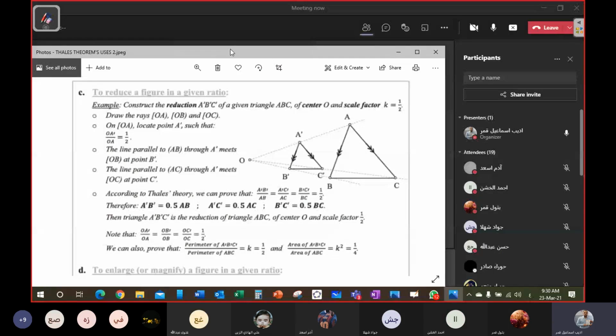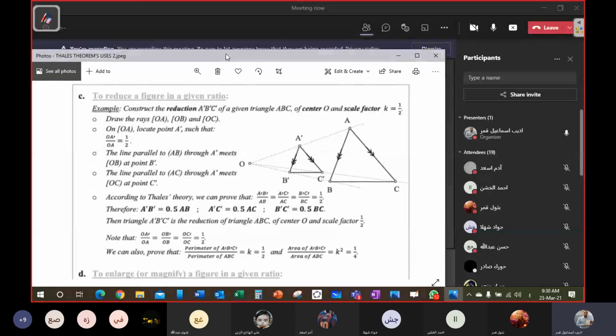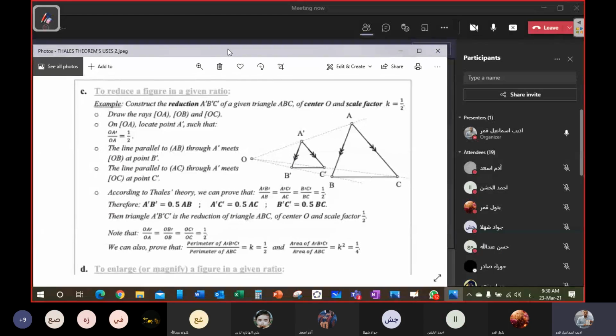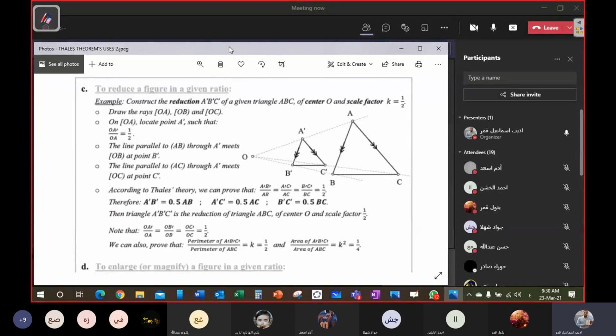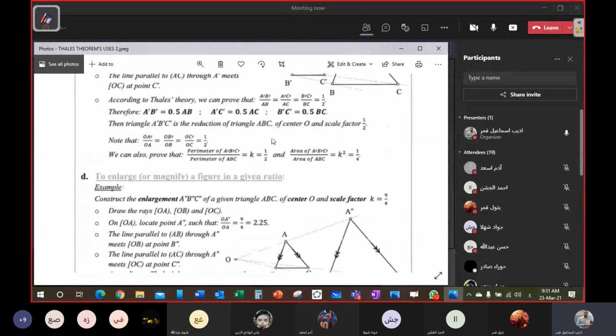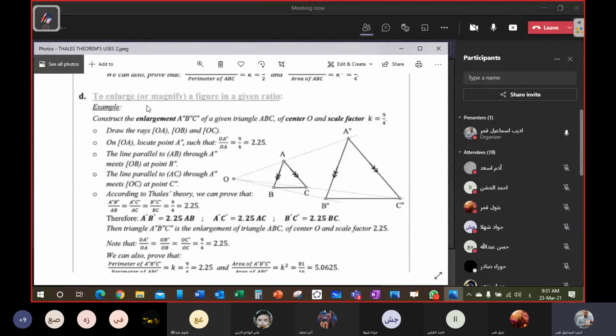So in his name we start this period. In this period we are going to accomplish the explanations of the uses of Thales theorem. As we have said yesterday in part C, we use Thales theorem to reduce a figure as we worked yesterday. And in this period we are going to continue to part D to enlarge or magnify a figure in a